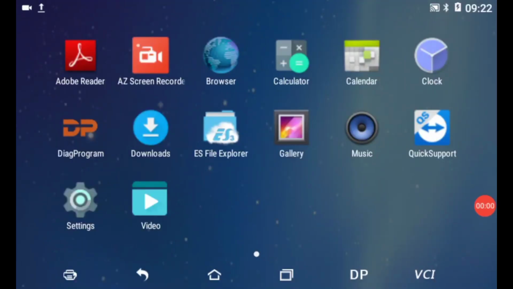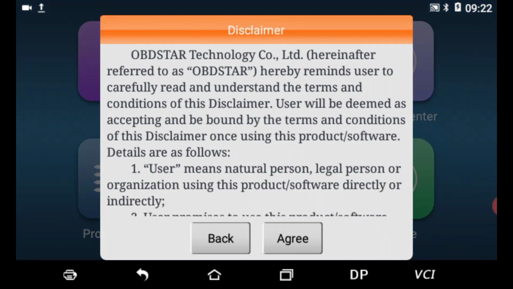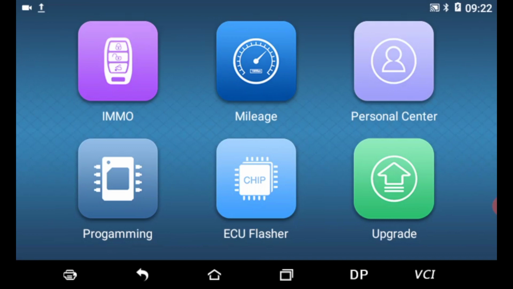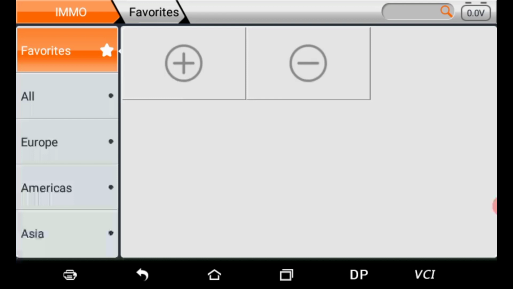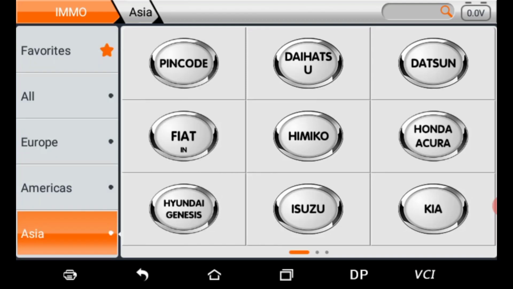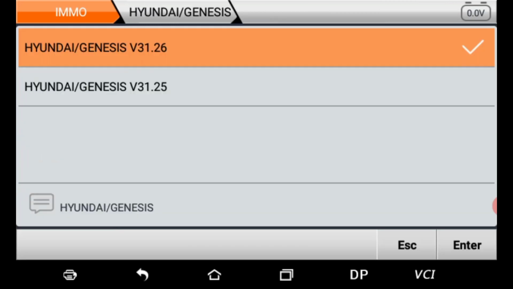Now we will start our all key lost key programming for Hyundai Creta 2018 model with the help of KMD DP5. So this is the desktop of the DP5. Now we should go for DP, and now we have to agree the terms and conditions of OBD Star. Then we should go for immo, nothing but immobilizer, and now we can enter into all or Asia option. So I am going for Asia, and the first column, last one, Hyundai Genesis. We have to enter into Hyundai Genesis, and now the latest version,